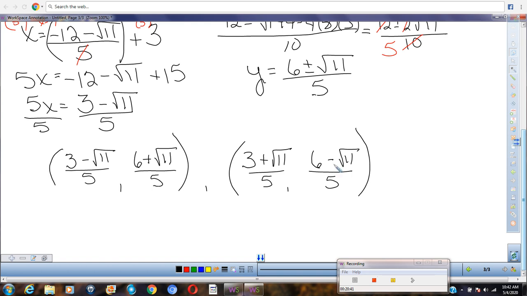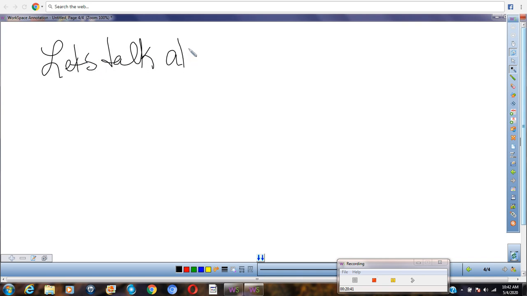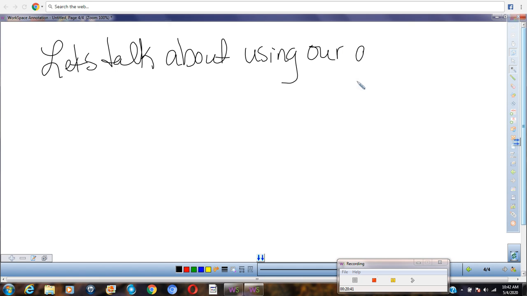What's another way that we can find these intersection points? Let's talk about using our graphing calculator. All right, so I do want to remind you guys that there's several different apps available to get a graphing calculator if you need it. There's lots of different sites. What we use at school is that